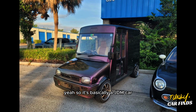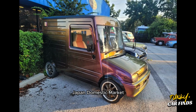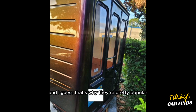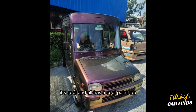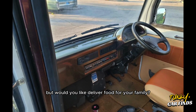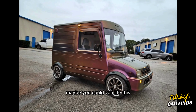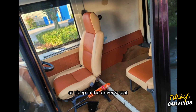Yeah, so it's basically a JDM car, and if you don't know what that stands for, Japan Domestic Market, it just means that it's only been sold in Japan and nowhere else. And I guess that's why they're pretty popular. I just don't know what you would do with this. You know, it's cool and all, has a cool paint job, but would you deliver food for your family? Water bottles, I don't know, packages for Amazon? Or maybe you could van life this, but then you would have to be a pretty small person or sleep